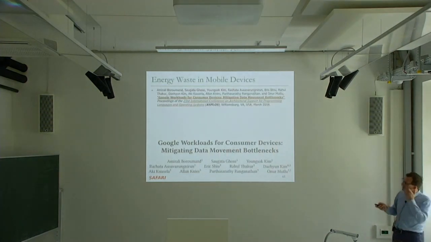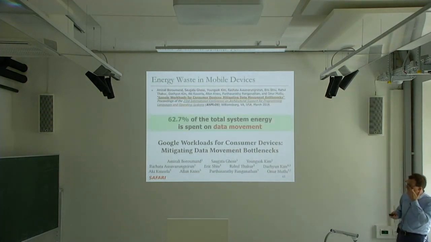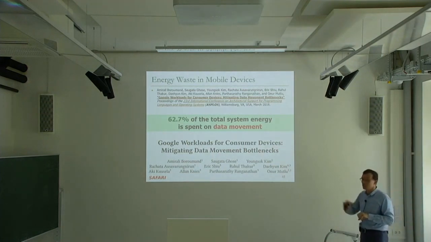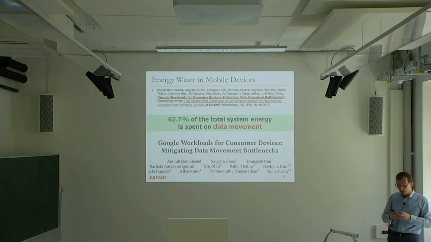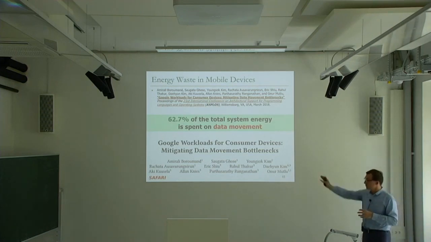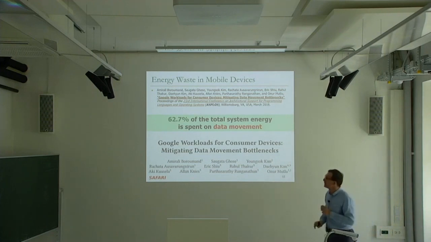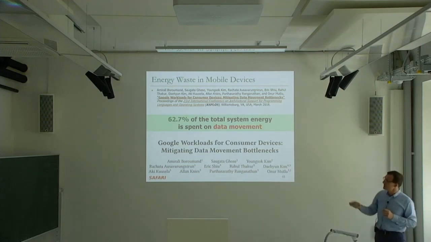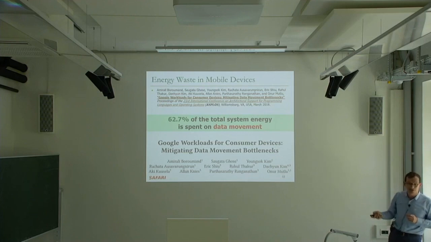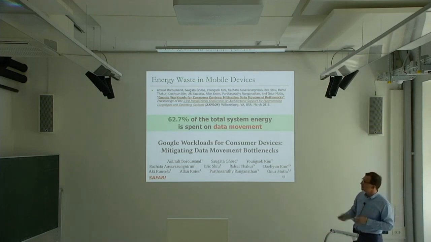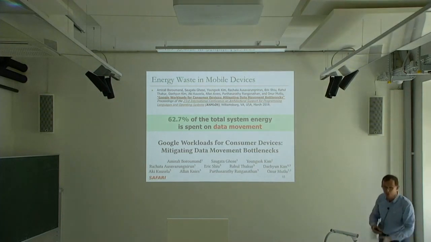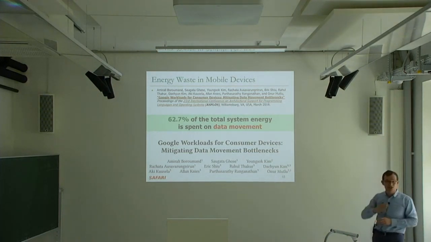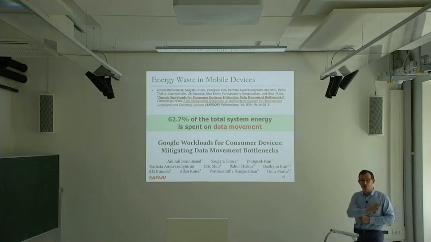So this is the paper that I mentioned that we did with Google. Basically, we looked at those 4 workloads that I showed you: Chrome browser, the TensorFlow inference engine for different types of networks, and video encoding and decoding. I'm going to talk about this paper when we talk about processing in memory in more detail. But essentially, one of the key findings of this work was that more than 60% of the total system energy in a mobile device like this or a Chromebook is spent on data movement, solely on moving the data across the memory hierarchy.